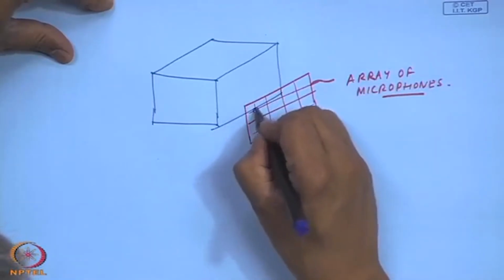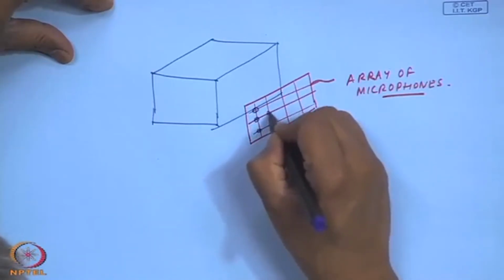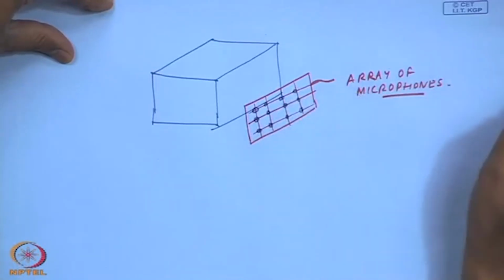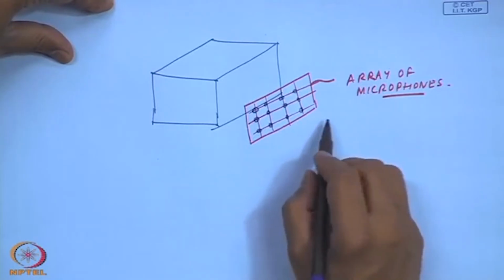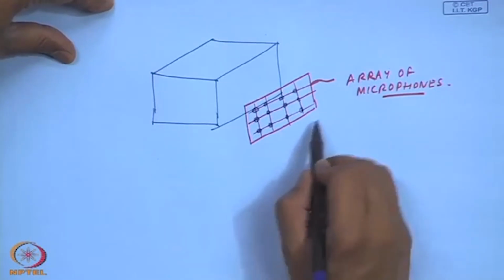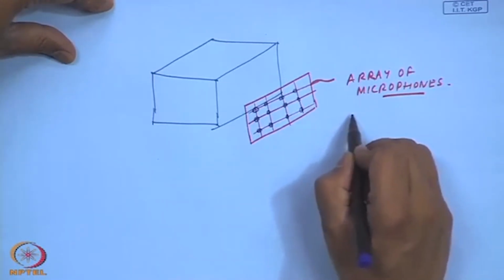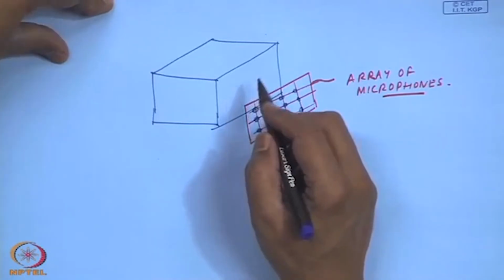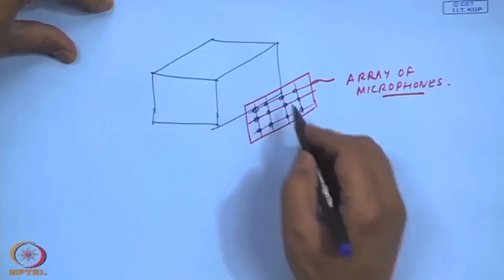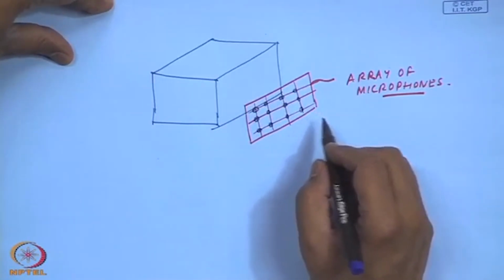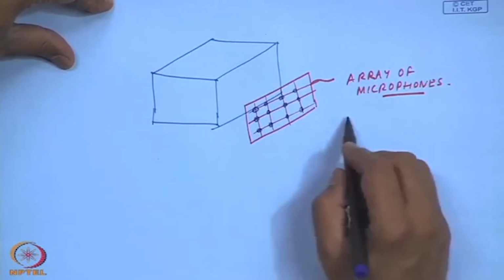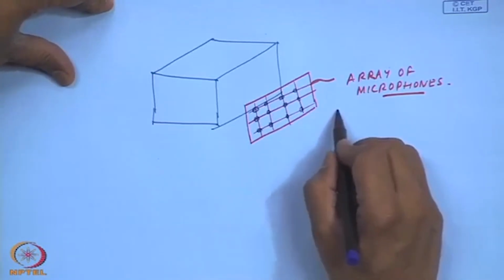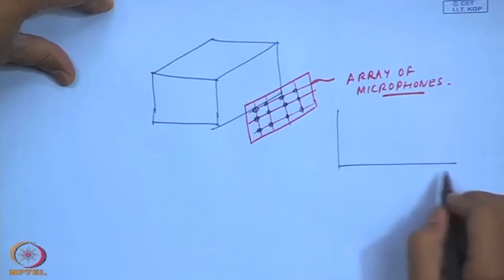And mind you, these microphones are located at every grid location, and we can do a spatial transformation of the sound field by using such an acoustical holography technique. And if there are defects in the machine, then the noise can be of a very high level. And if I look at the sound field,